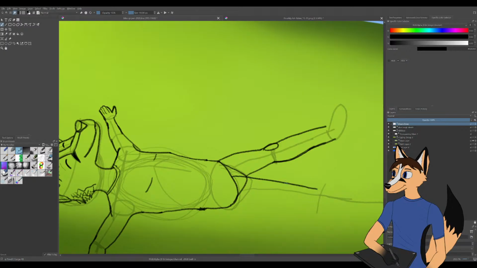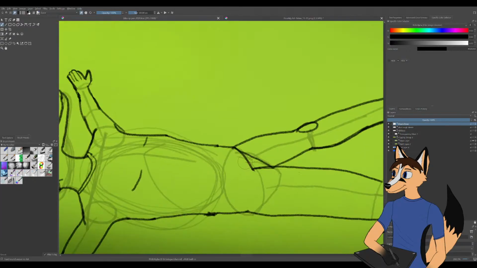This leg goes probably somewhat like this. Actually, give it a slightly thicker thigh. And erase this and this.